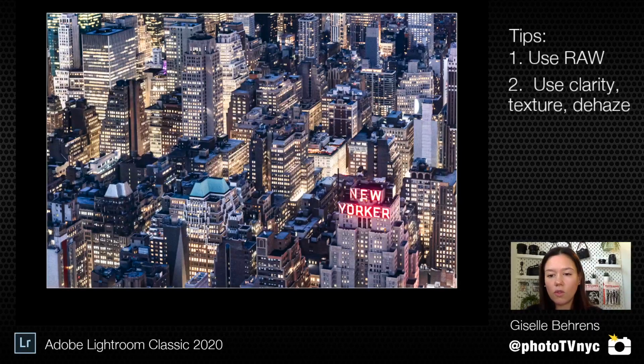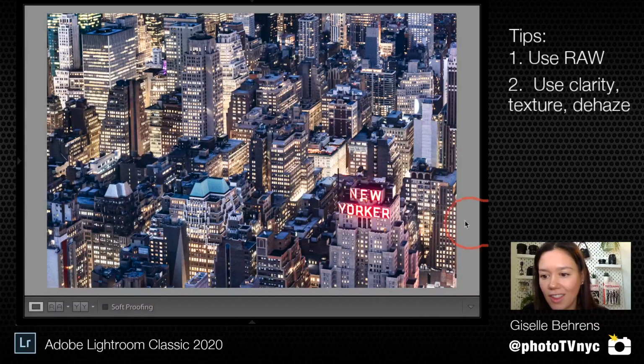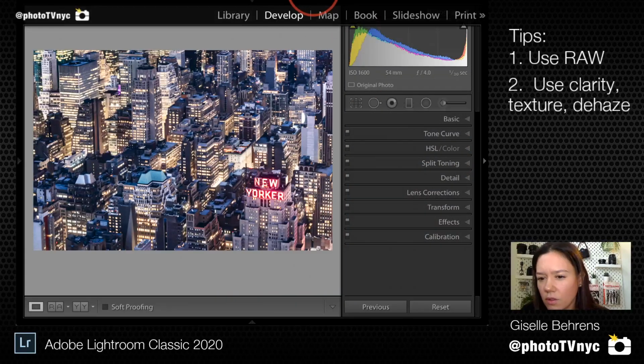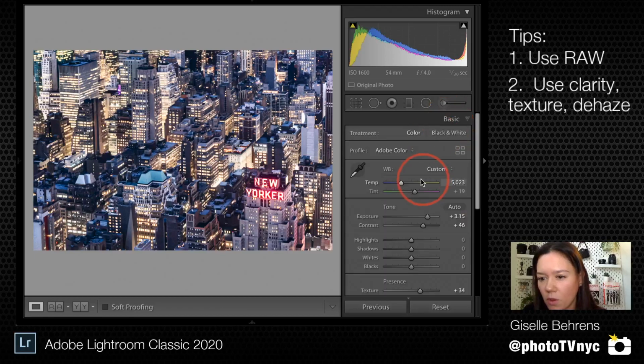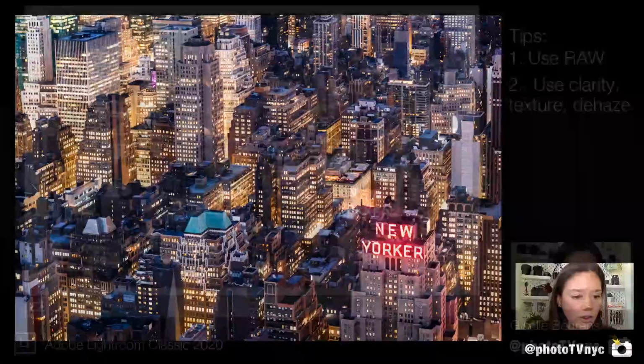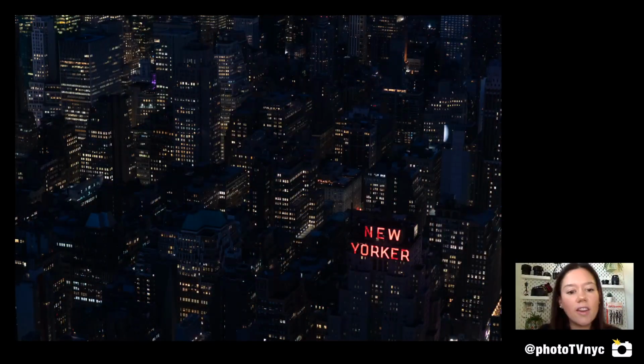I am just going to press L one more time to turn the lights on, and then go back to my develop module. I'm going to go a little bit warmer just to see if my intuition was right and if I did want to go a little bit warmer. Yeah, I do like it a little bit warmer. I'm going to leave it like this. Tab Shift. And this is the final image. So you can take a look at how my final image looks